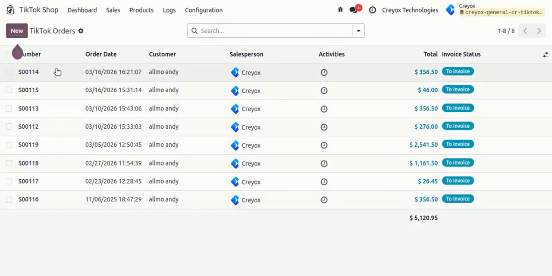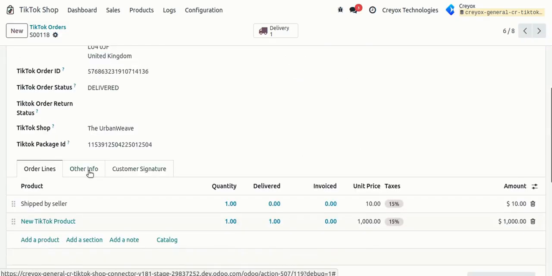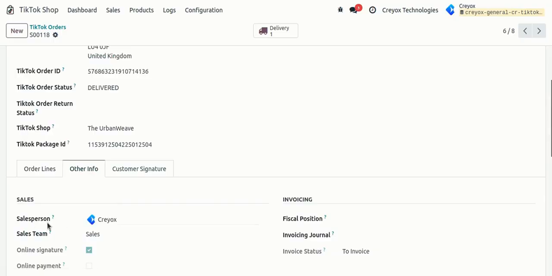And if you open any one of the orders, you can see the TikTok order status has also been copied over here from your TikTok shop. Similarly, the TikTok order ID, the TikTok shop, and the package ID are copied. For all the orders, the states will be copied over here in Odoo. The next thing is in the other info, you can see the salesperson and the sales team have been assigned the same which we have selected in the settings while doing the configuration. So this way you can